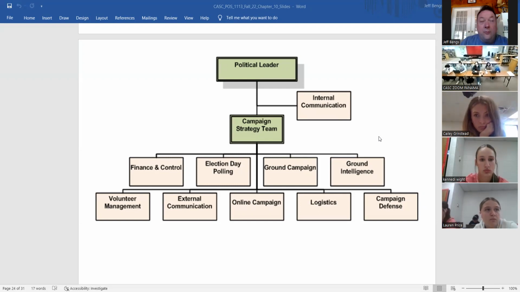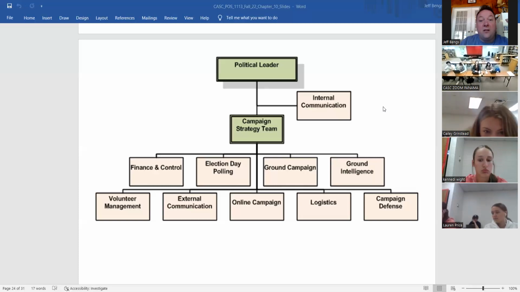They will help recruit other people to be on this team, people who have expertise in certain areas. Like you'll want someone who will have expertise in dealing with the media, someone who is an expert at helping raise funds. So you put together a campaign team, and